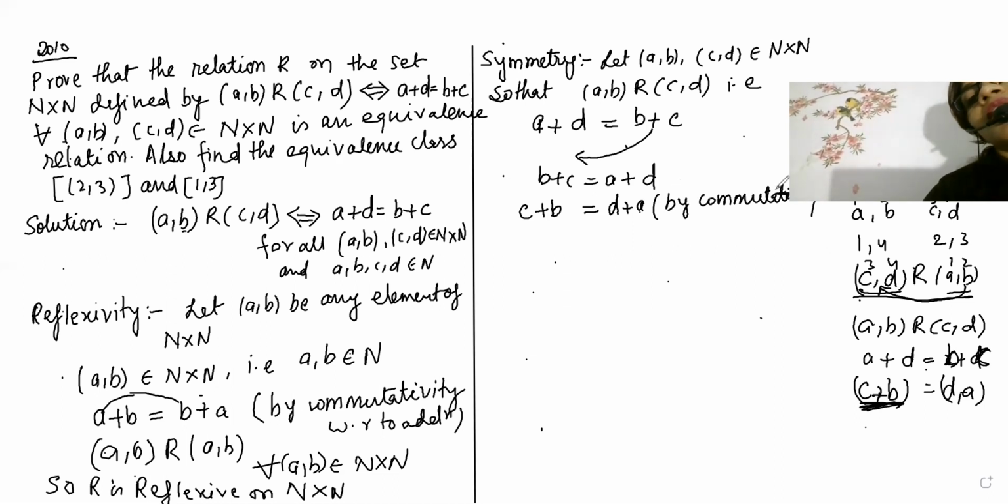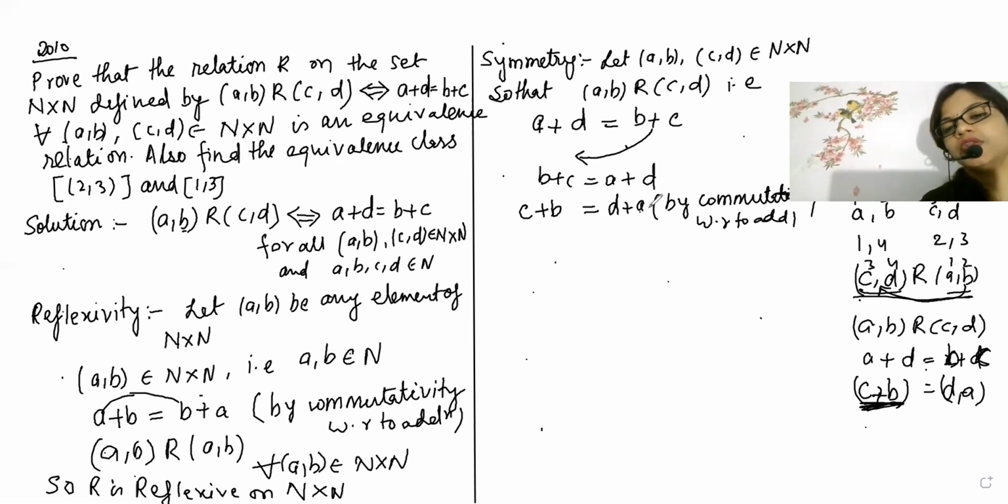Commutativity with respect to addition. Now beta, C and A will go. Now look here, first with third. Now here, A plus D is there. Now C plus B, here D plus A is coming. So only one change, because if you change both, now first with third, this pattern will be exactly generated.